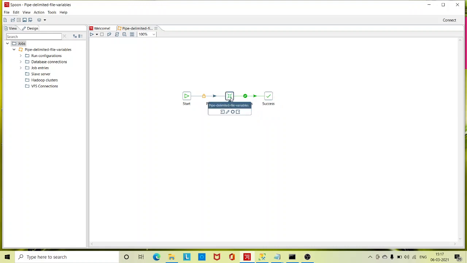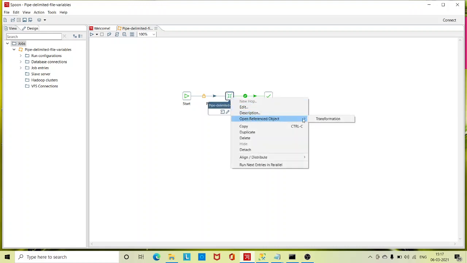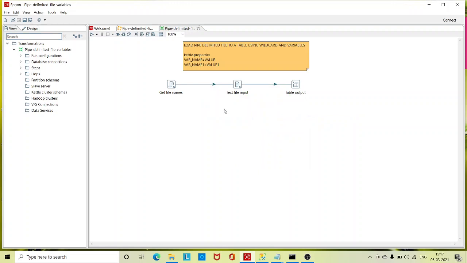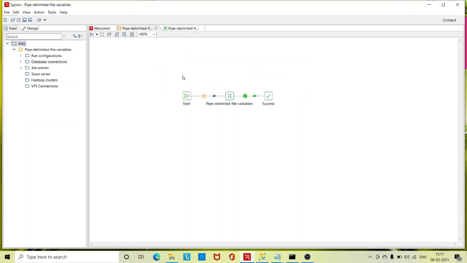If I open this component, I have a very simple transformation which will load a pipe delimited file to a table. The main thing is I need to call this job through command prompt. So what I did,